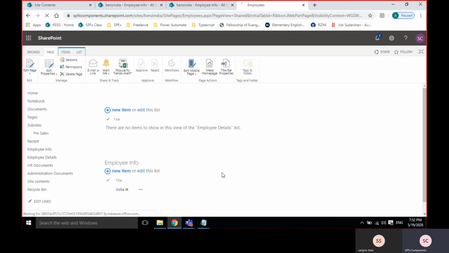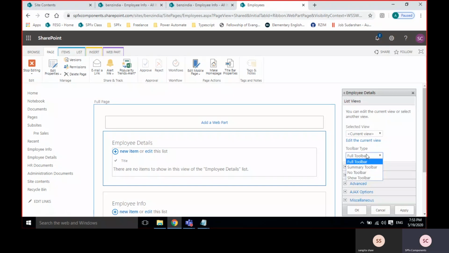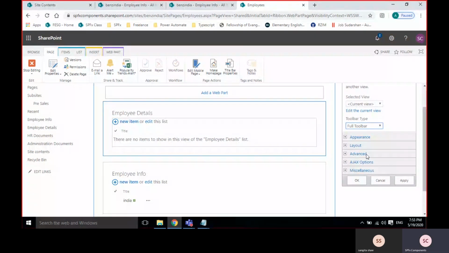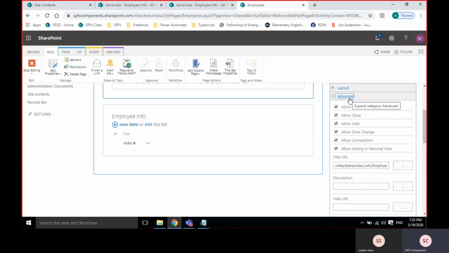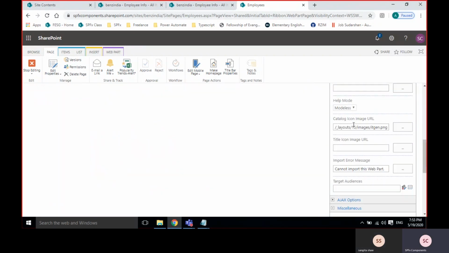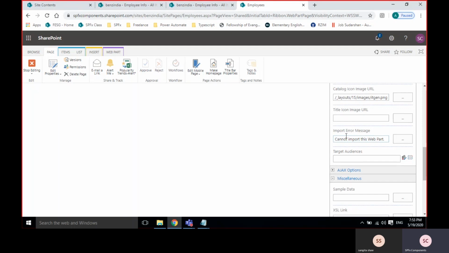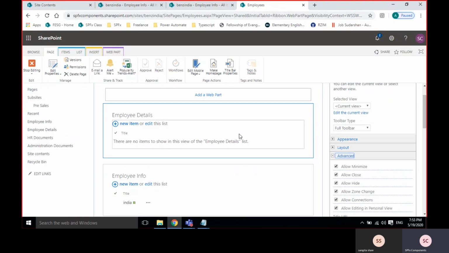So there are multiple options in the web part section. As you said, we can restrict to a specific group of people only.